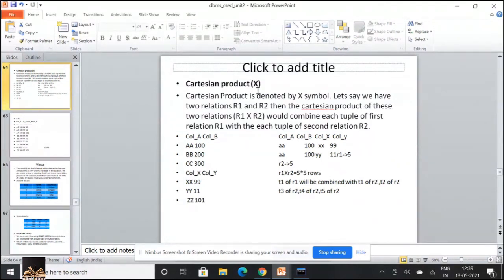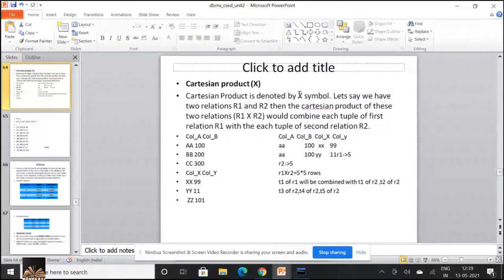Now, Cartesian product. Cartesian product is denoted by this particular symbol. Whenever you want to work with Cartesian product with respect to two relations R1 and R2, the resultant of Cartesian product would combine each tuple of the first relation with each tuple of the second relation. So it leads to redundant data because there is no condition being applied while you are trying to combine two tables.